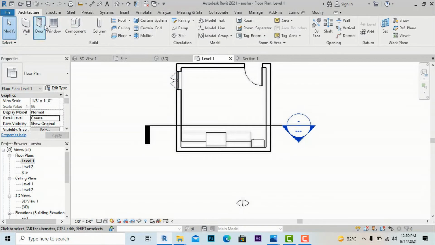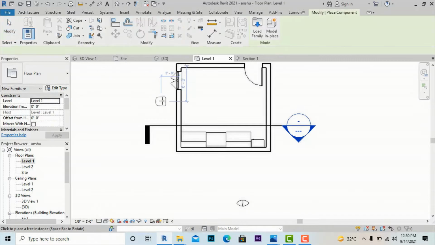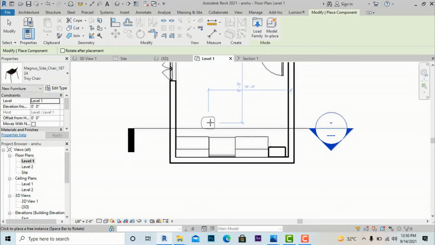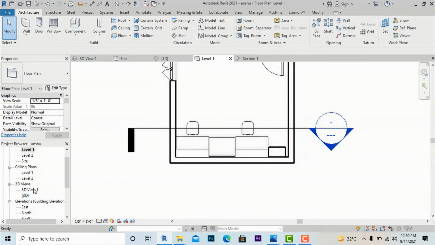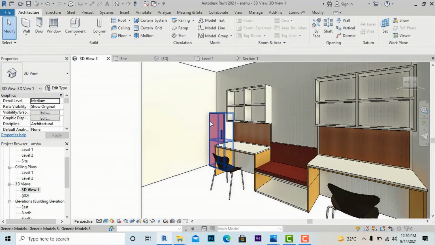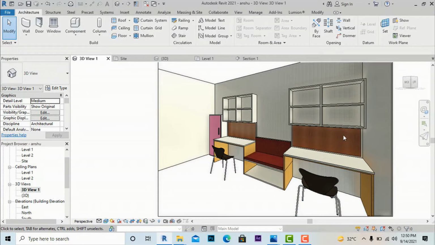So I'm going to architecture, and for placement of chairs you are required to go to component, place a component, and now you can insert this chair here, and here, and again I'm going to my 3D view one. You can see the chair is placed,